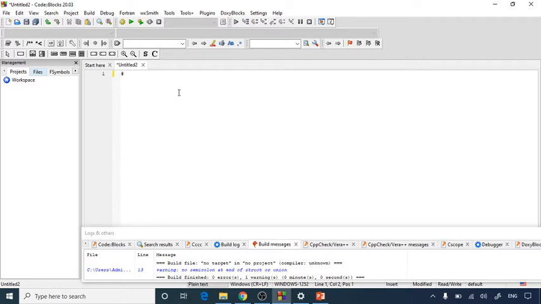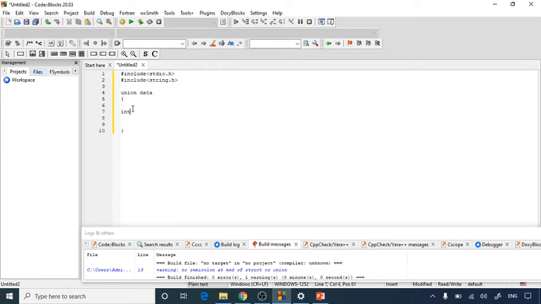So first of all we'll start with #include <stdio.h>, the standard input output header file, and then I would like to include one more, string.h, because I'm using a string inside my union. Let's define first one union, that is union data. You can give any name of your choice.